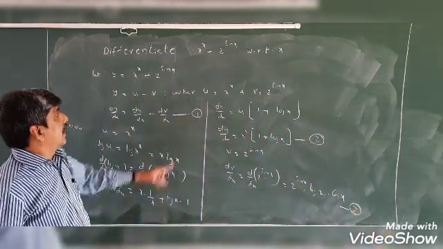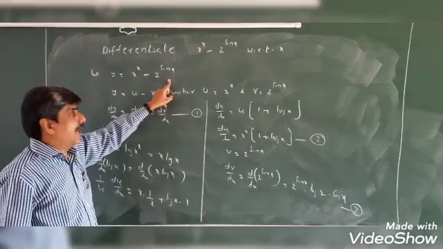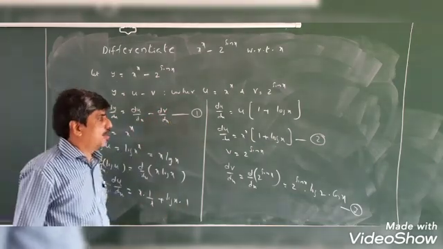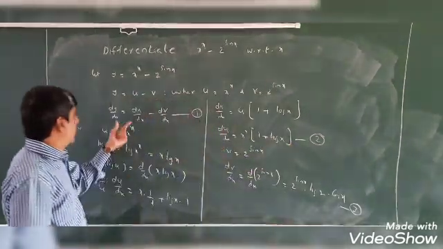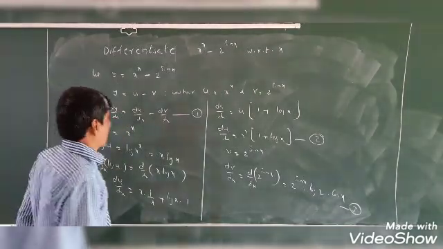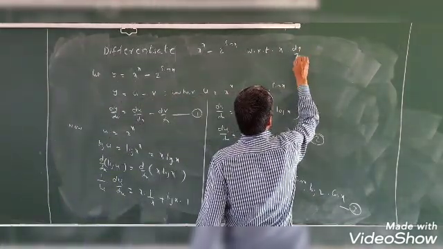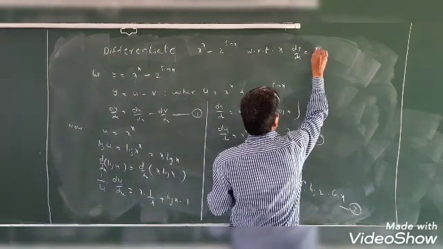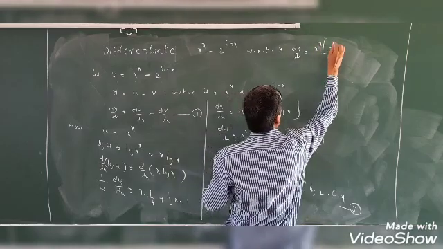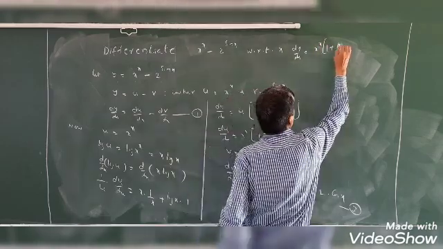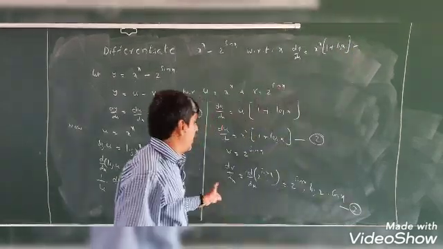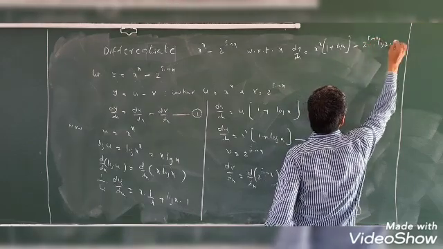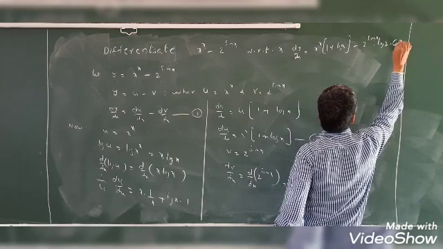We want to find the derivative of this function. So the derivative of this function means dy by dx is equal to du by dx minus dv by dx. So substitute 2 and 3 in equation number 1. Therefore dy by dx is equal to du by dx, which is x power x into 1 plus log x, minus dv by dx, which is 2 power sin x into log 2 into cos x.